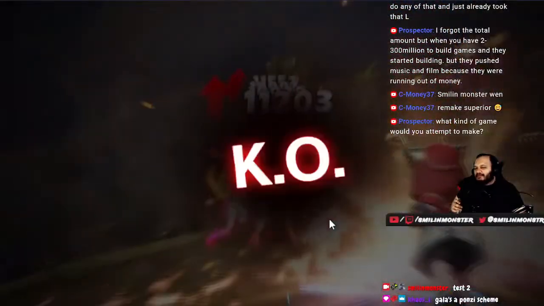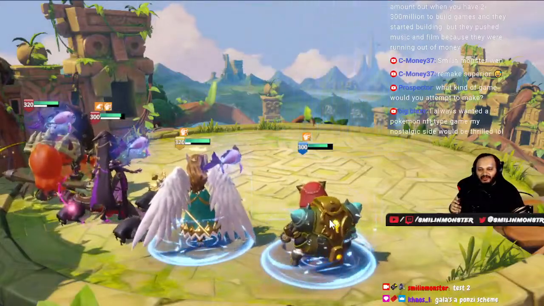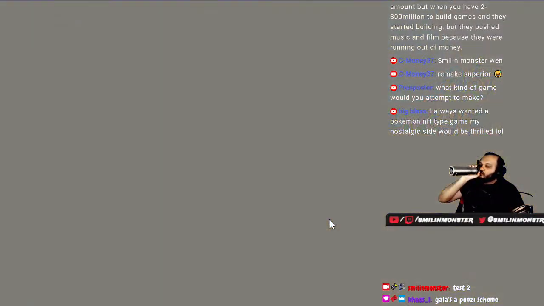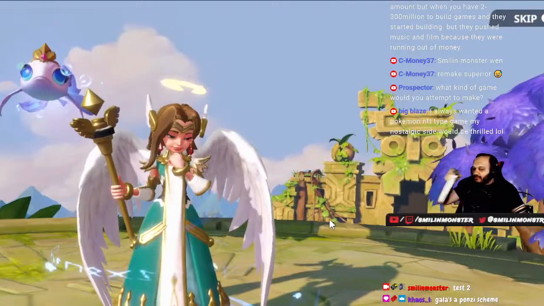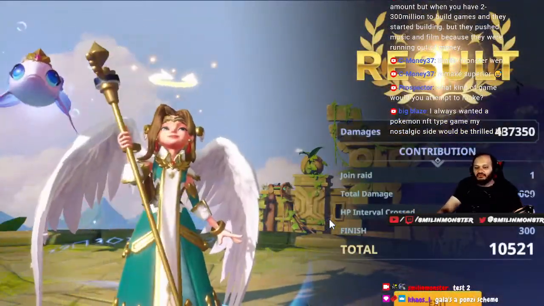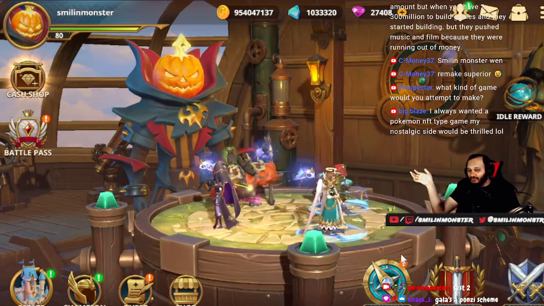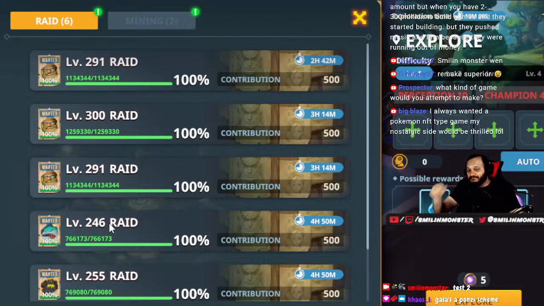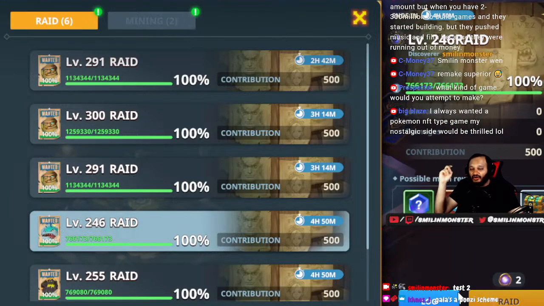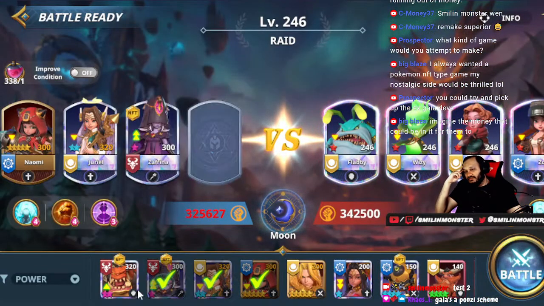I think I explained my game really poorly there. I do have a notepad or a document of a rough idea. Big Blaze, I always wanted a Pokemon NFT type game where my nostalgic side would be thrilled. Pokemon apparently have partnered with Sui and they're building on Sui, so maybe check that out. But I think there's a flood of gotta catch 'em all Pokemon type games, so I would go away